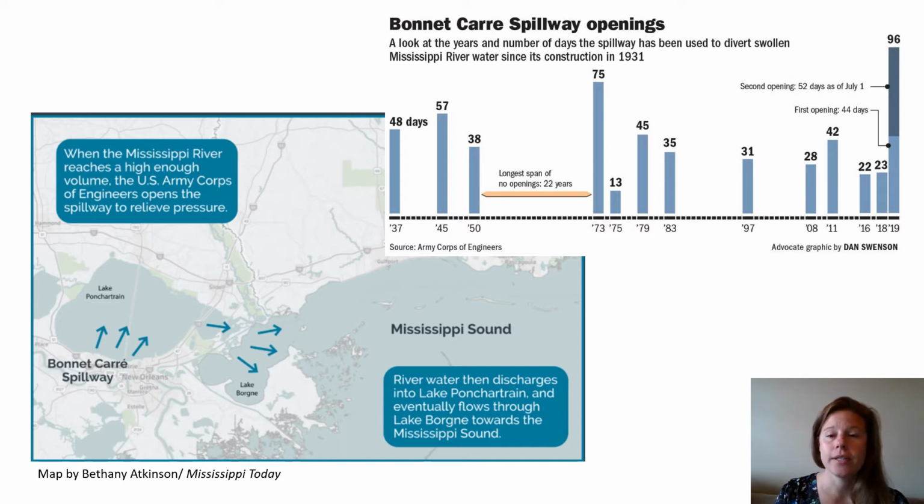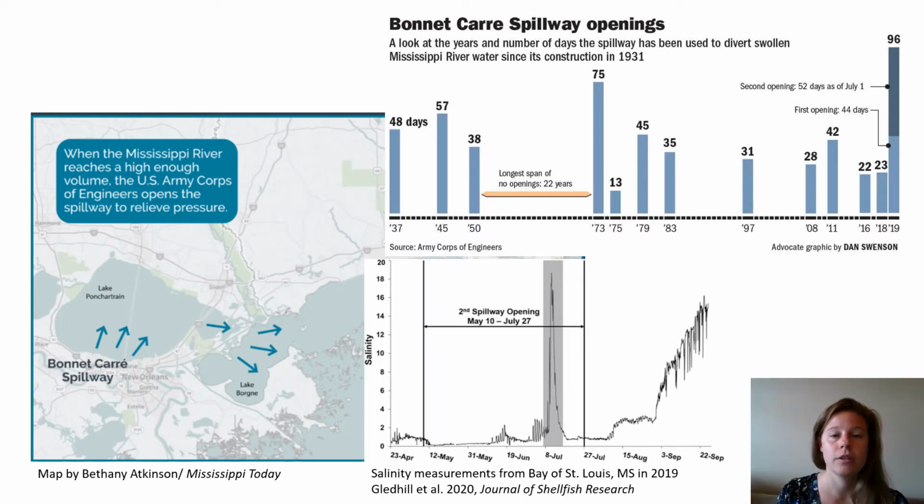And as shown in this infographic on the right, the opening frequency and duration of the spillway has increased in recent years, with 8 openings in the past 15 years, if we add the 2020 opening. And it was opened 3 years in a row between 2018 and 2020, including twice in 2019. And so this freshwater introduced into Lake Pontchartrain then flows into the Mississippi Sound and the rest of the Gulf,